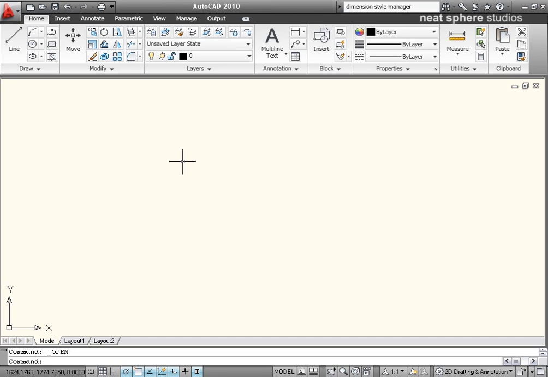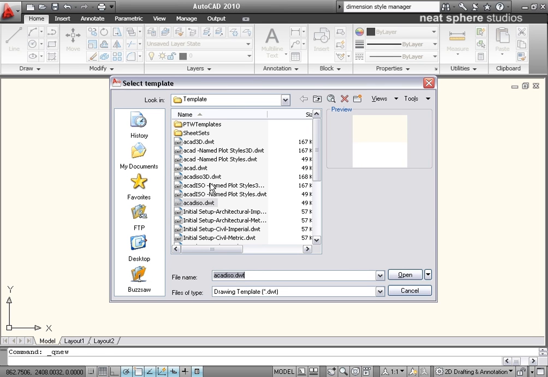So now that we've had a look at the user interface, what we're going to do is talk about just working with files briefly. And there's a couple of different ways that we can do that. Quickest and simplest of which is going to be up here from our quick select toolbar. Okay, so I could say I want a new drawing, in which case I just click new and I get